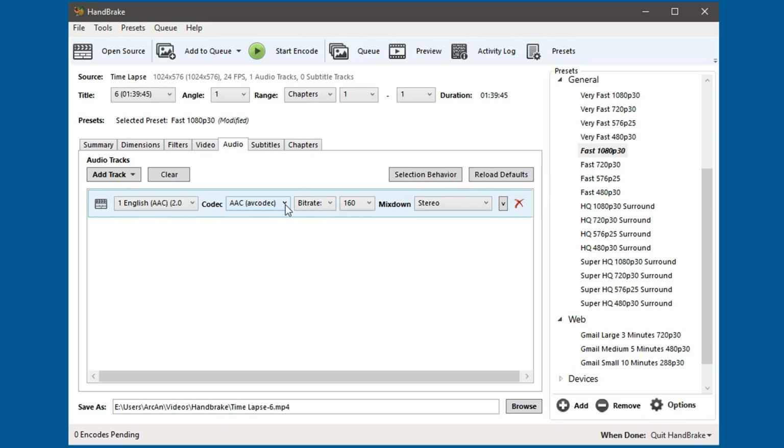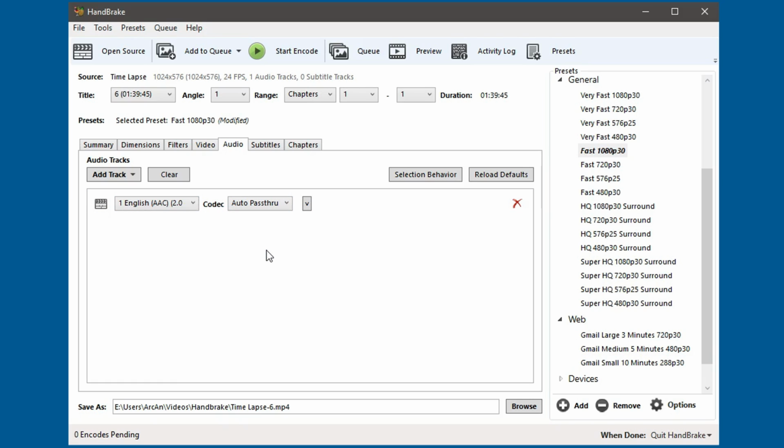Now on the codec, there's a great feature in Handbrake that I use most of the time, and it's this pass-through feature. If you select auto pass-through, it doesn't re-encode the audio. It copies that same original audio with your video and doesn't make any changes to it.